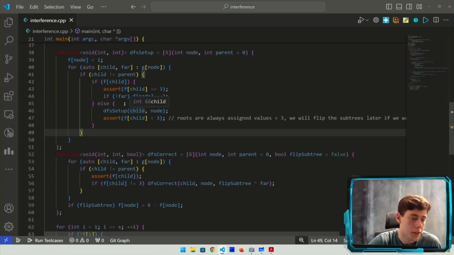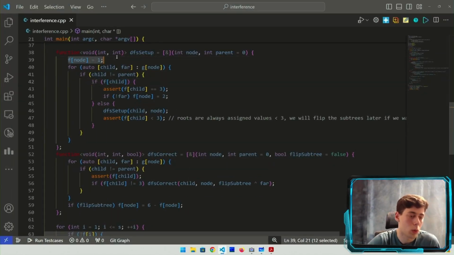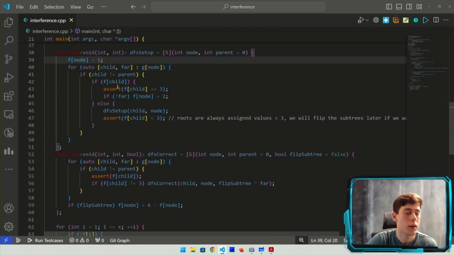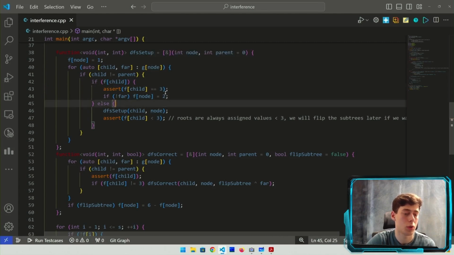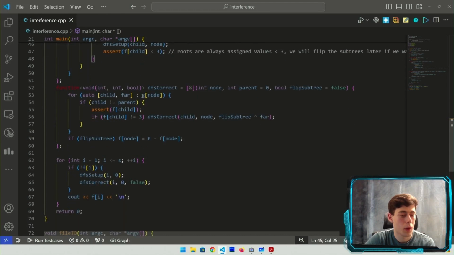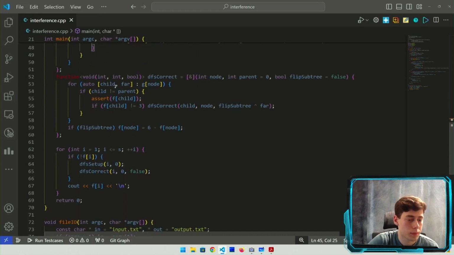So the first DFS sets all the nodes to 1 except the ones that should be close to values with 3s written on them, so nodes in disrepair. And then the second one